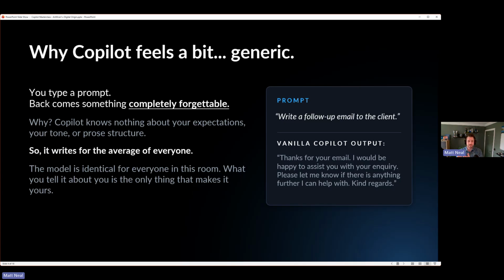It doesn't know anything about the context, your expectations, the goals, the tone, the structure. Yes, we all know that it has this wonderful grounding in the Microsoft 365 Graph API and that it can pull data from lots of different places, but that doesn't tell it very much about you, who you are, how you like to talk, whether you say cheers, thanks, regards on a sign off of an email. It can guess, but it's always going to take the average answer that it thinks is going to make you happy. So we end up with this really vanilla output like,